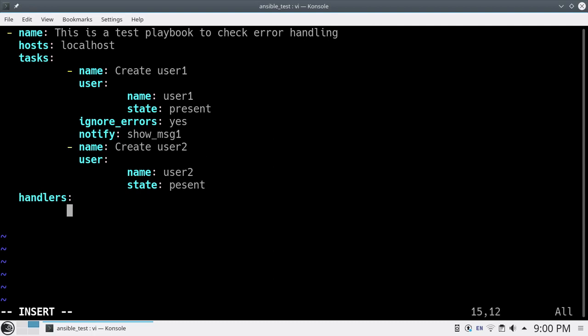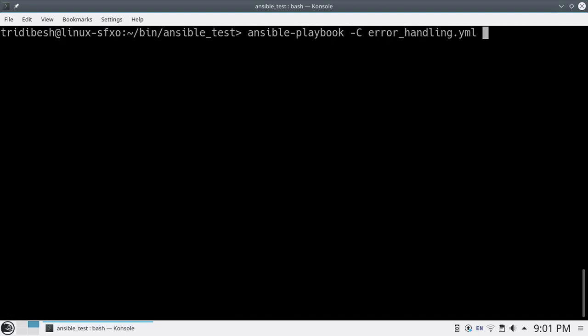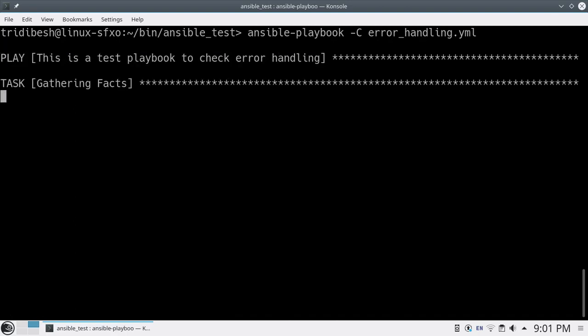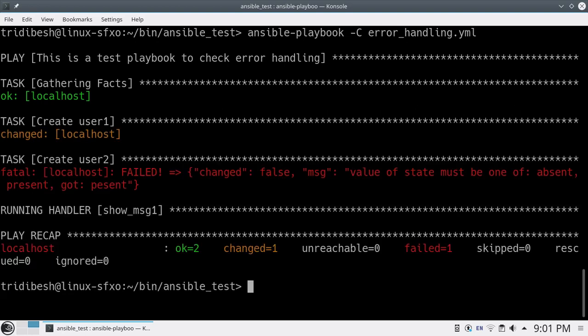For the handler I put hyphen name: so_msg1, debug, with message: user1 created. Now suppose I run it, you will see my first task runs successfully, but the second task fails. In spite of the first task running successfully and notifying the handler, you will see my handler is not running.